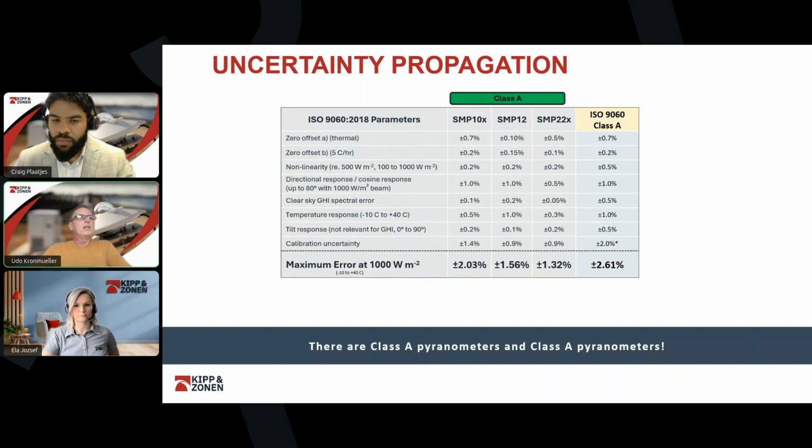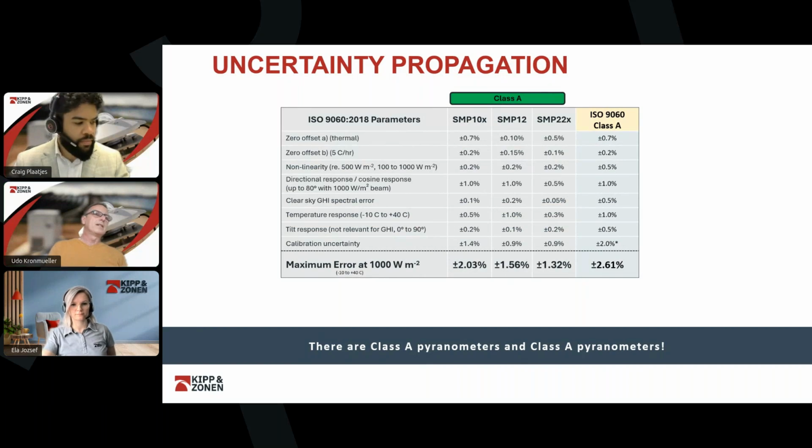And within the Kipp & Zonen Class A range, all of the pyranometers are of course significantly better than that, but within the Class A specifications, there are even some significant gaps from the SP10, as a standard pyranometer, to the heated SP12 with an even better maximum error behavior. And finally, the highest class standard on the market, the SP22, with